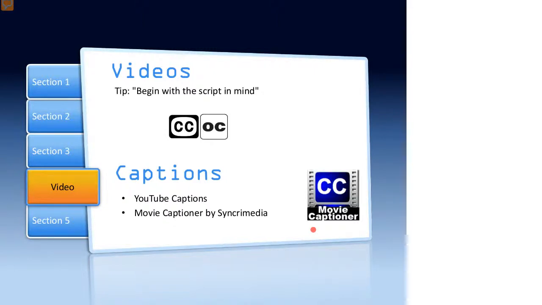Are there any free-ish tools that can add captions to videos? Well, yes, YouTube. YouTube will have a go at it itself to try to work out what your words are and what the caption should be, which can be hilarious at times. So yeah, you might have a bit more there. With Movie Captioner, yes, you're paying less than $100, but at least you're typing it in yourself, you've got control and you can export it in so many formats. It's really brilliant.